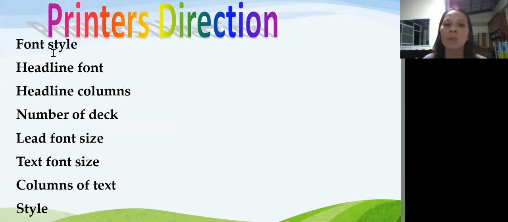Okay, so ano ba yung font style? Ang kalimitang ginagamit sa dyaryo, kalimitan ay Times New Roman, pwede rin Calibri. Ito yung pinaka-familiar sa akin, Times New Roman or Calibri. Okay, so kung gusto mong gawing bold, TNR bold, kung may kicker ang headline mo, ilalagay mo ang TNR bold with kicker. Then the headline font kanina, depende sa unit count ng iyong headline.